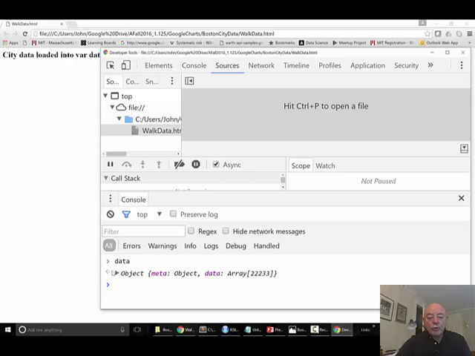So now we're beginning to what we call walk that object. So data happens to be an object, and inside that object there are two variables. One is called meta, and it happens to be an object, and another one is called data, and as you see it's an array of 22,000. Now this array is the actual data that we need, but we don't know where it is in that array. So, but let me look at